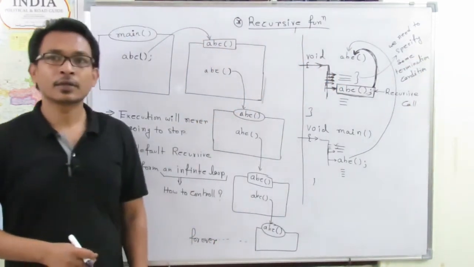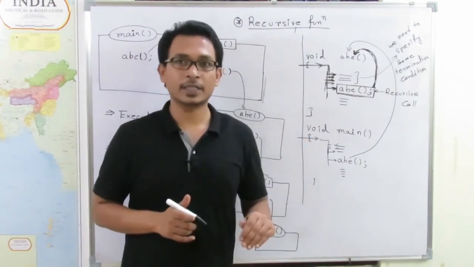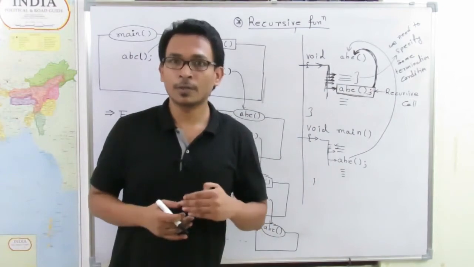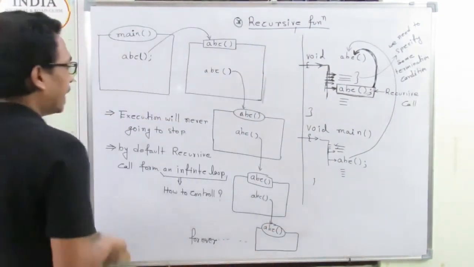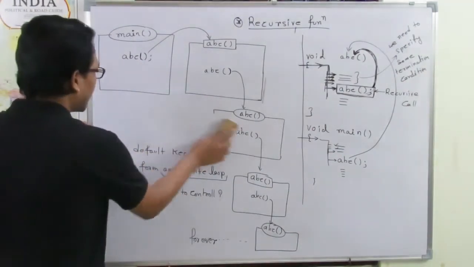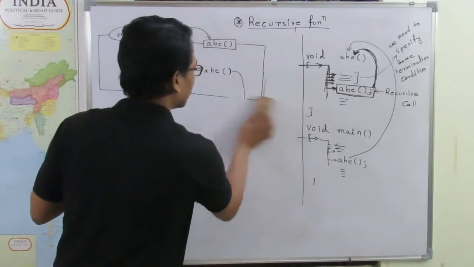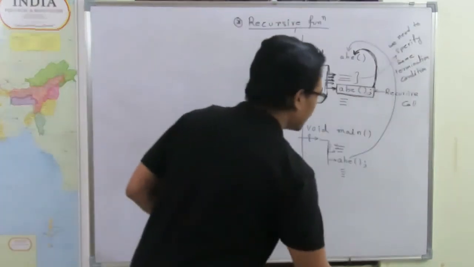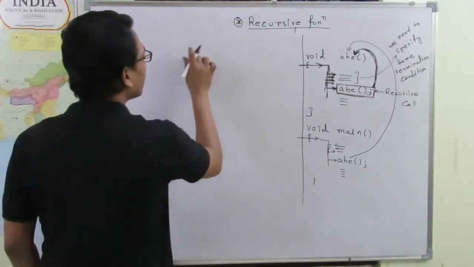Why? The termination condition is to control the recursive program execution. Otherwise, it will enter into an infinite execution loop. Clear? So that means the actual syntax for the recursive function call will be